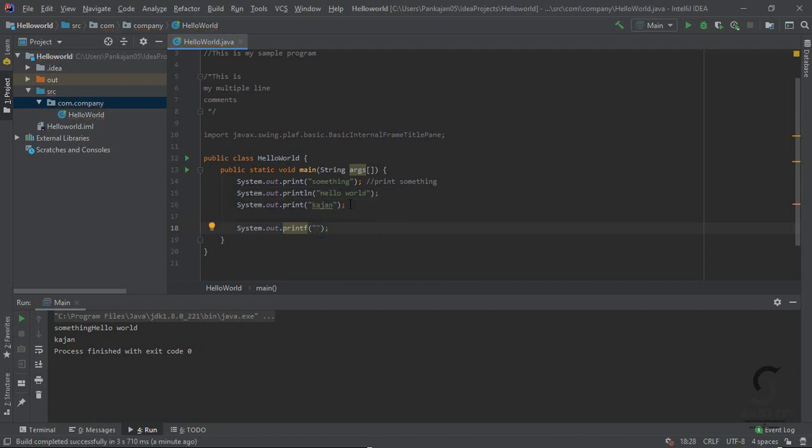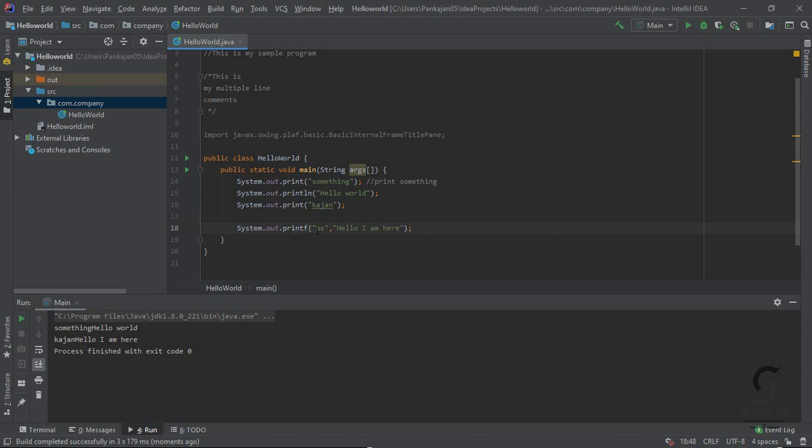When I am going to print a string, I use it like this, then a comma, and I am going to print the string. Now I am going to build this. Now it will print hello, I am here.